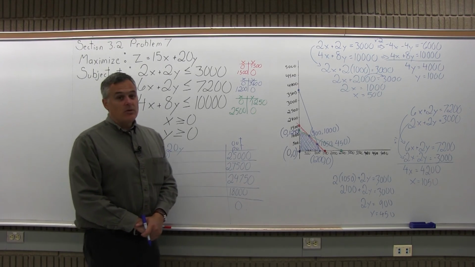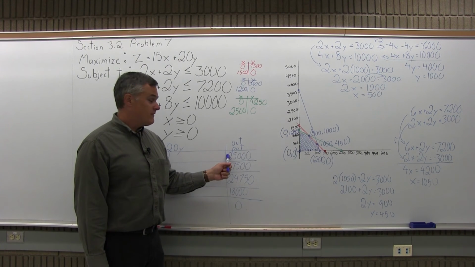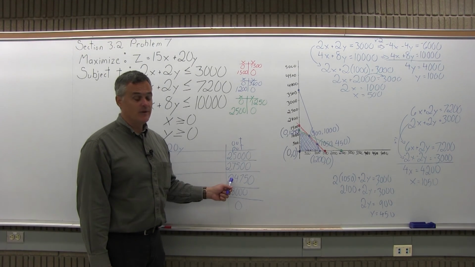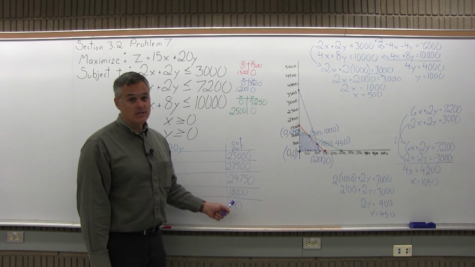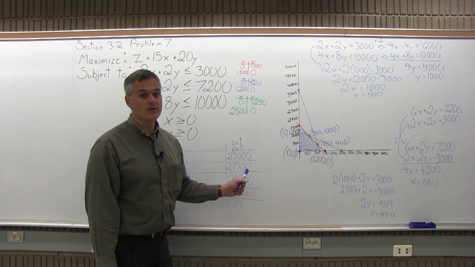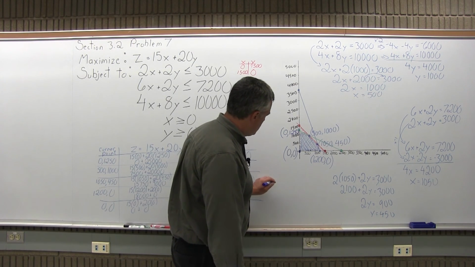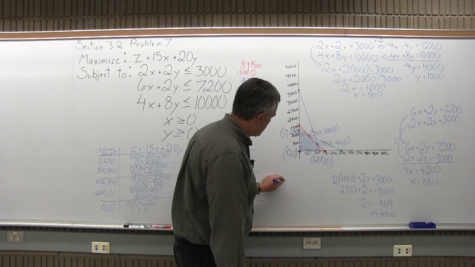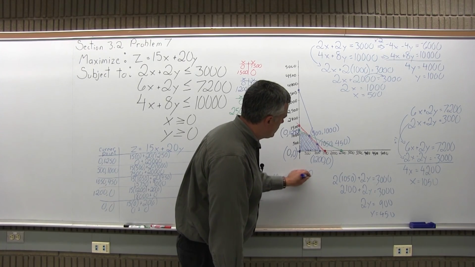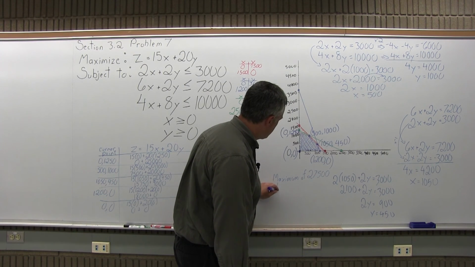So now, this problem said maximize. So to find the maximum, we have to choose from the following outputs: 25,000, 27,500, 24,750, 18,000, or 0. There are certainly big numbers, but clearly the biggest possible output is 27,500. So the last part of this process, which says state your solution, I'll put it right here, we'll say maximum of 27,500 at the point